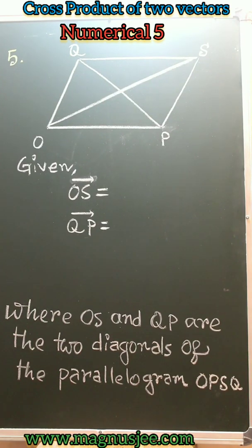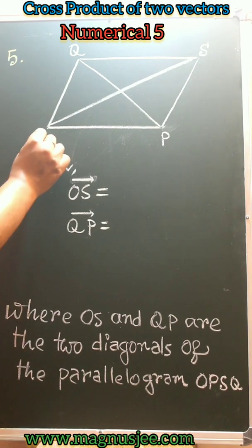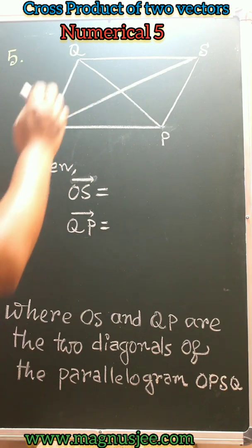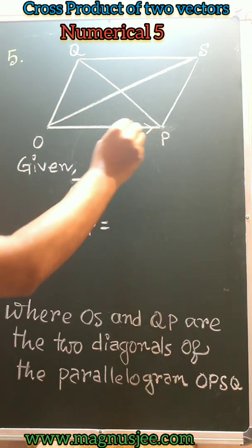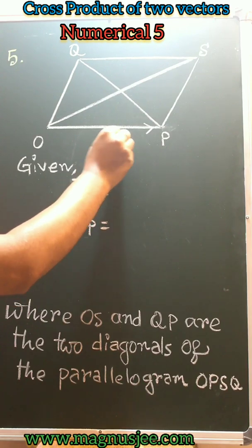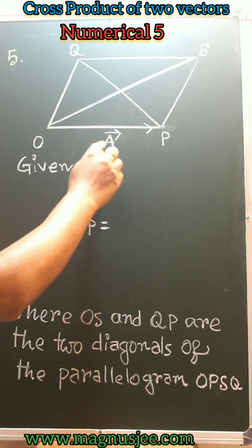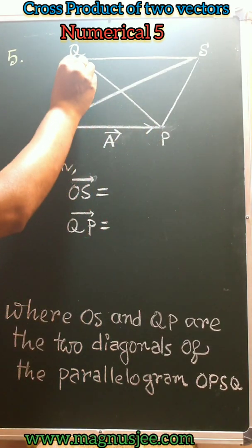Numerical number 5 of the chapter, cross product of two vectors. Numerical number 5. Let OPSQ be a parallelogram and a vector A is represented in magnitude and direction by the side OP, and vector B,